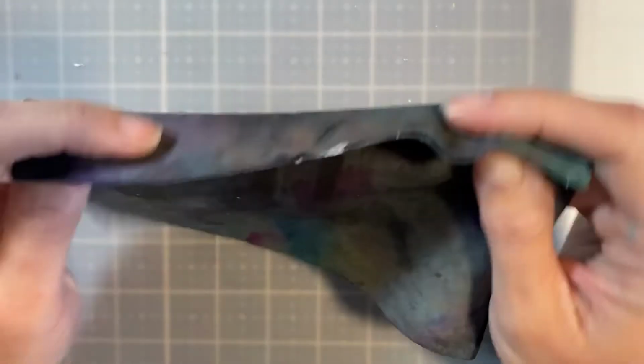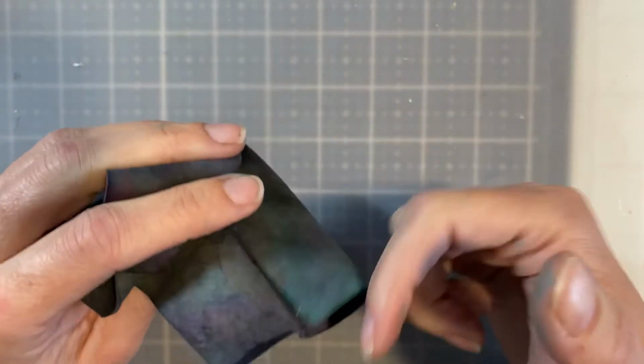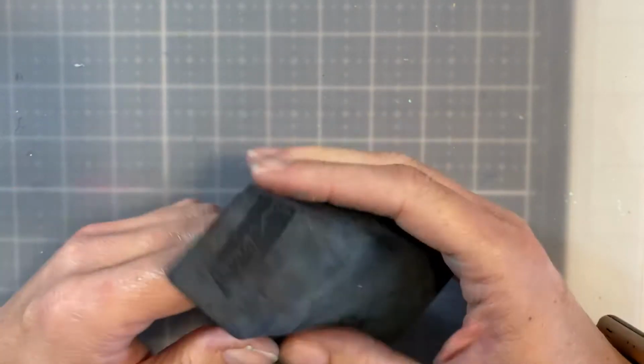The 4th thing that I use all the time is my little Shammy for my stamps. I love this thing. I don't have to use any kind of cleanser on it. It's just water, so it's safe. It works really well, and it's always by my side. Next thing after that,